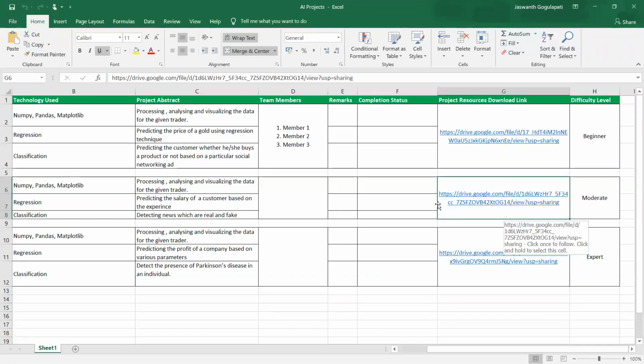Can you go to one of the share folders, the beginner one? Right, sir. I'll open it in Jupyter or Google Colab. I just want to show them how that project works. Anyway, you are given the template of what you need to do. So it's like filling the blanks. The basic template model will be there. You need to write your code in between wherever the code is not filled. Can you open one of the projects? Yeah, sir, sure.